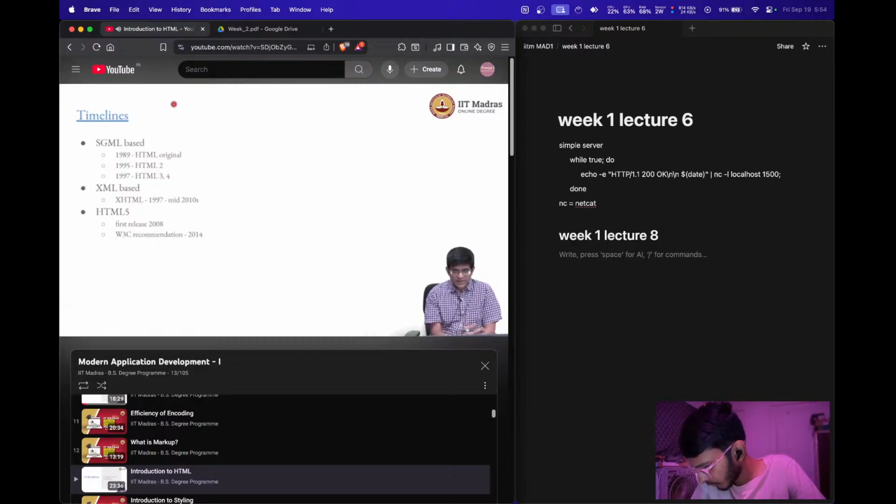Some rough timelines on the evolution of HTML, right? Like I said, the original HTML started from the late 80s, basically around 1990 or so. The first formal definition, once the popularity of the web started taking off, HTML2, was defined in 1995. HTML3 as well as 4 were defined in 1997, right? And then for quite a long time, it was pretty much just HTML4 that continued, except that after a while,